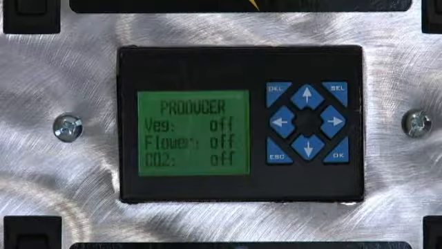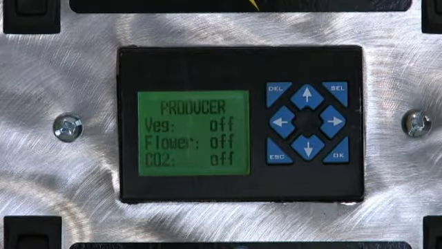And I'll be running through and explaining to you what the parameters are and how to change them, in case you have a machine where you want your lights to come on at a different time, if you have two machines and you want them offset, or for any other reasons that you want to change or alter your parameters. Okay, what I'm going to show you first is how to get into your parameter settings on the IMO controller